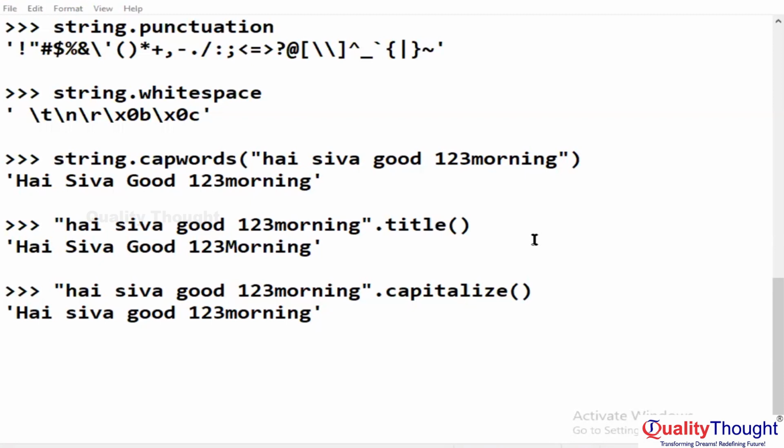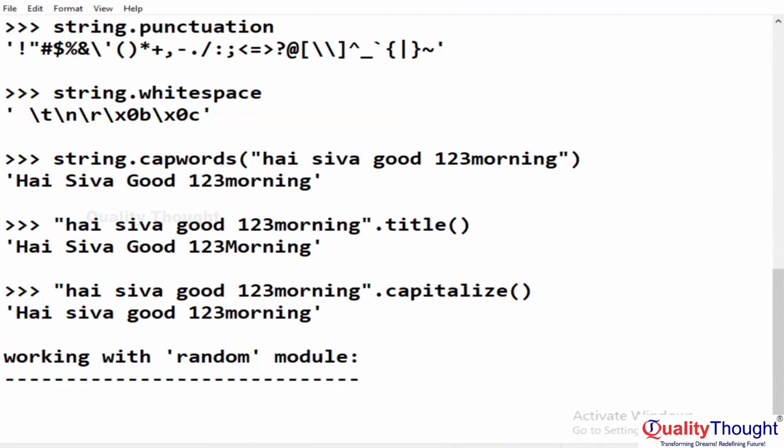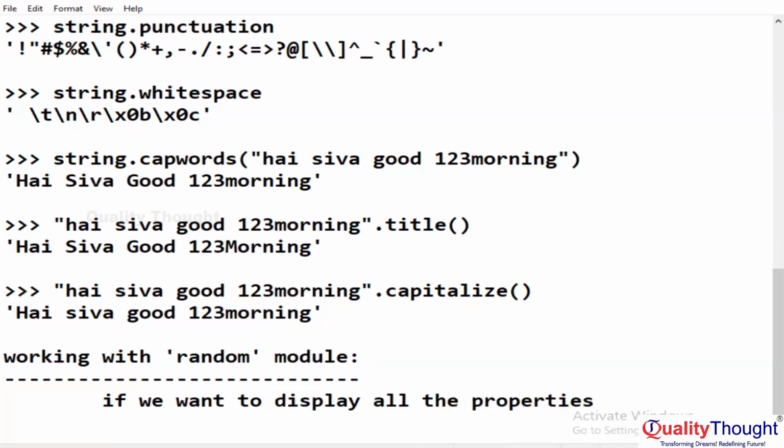Completed. Next one, working with the random module. If we want to display all the properties of the random module by using the following command,